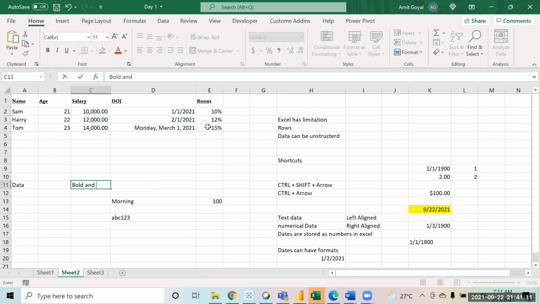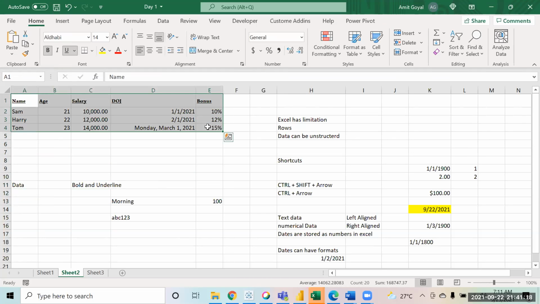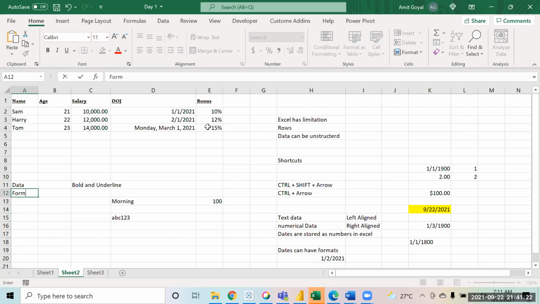That means this portion of data has data plus it has formatting also. There is a formatting that is being applied.